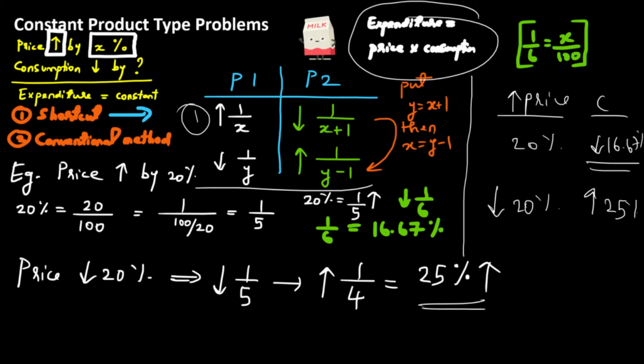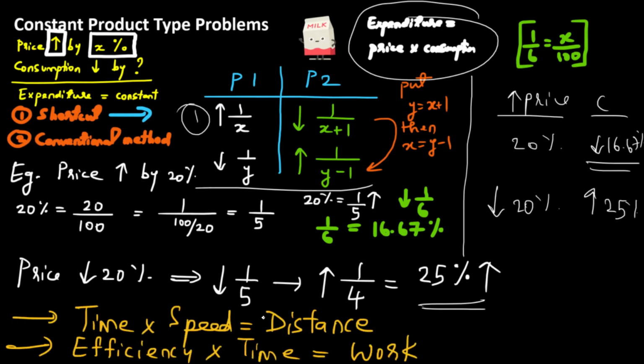For example, there could be a case where time into speed is constant and time into speed is distance, or efficiency into time, which is equal to work, that's constant, right? In these cases also the same method can be used, and we will see more of these in their respective sections in this course. All right, now we have covered the shortcut, and we have also covered the logical way